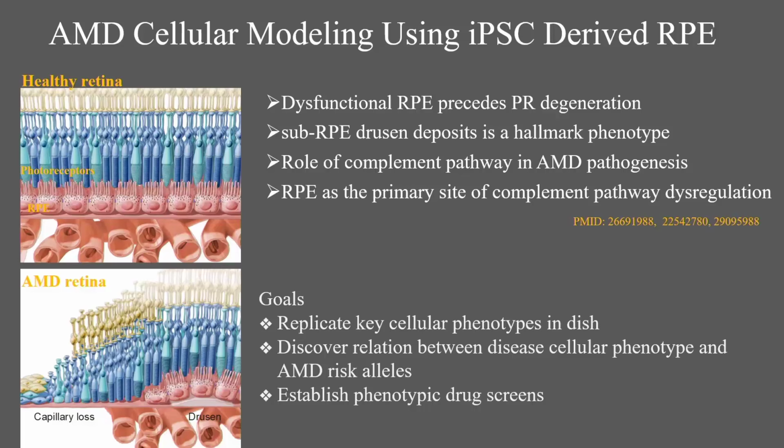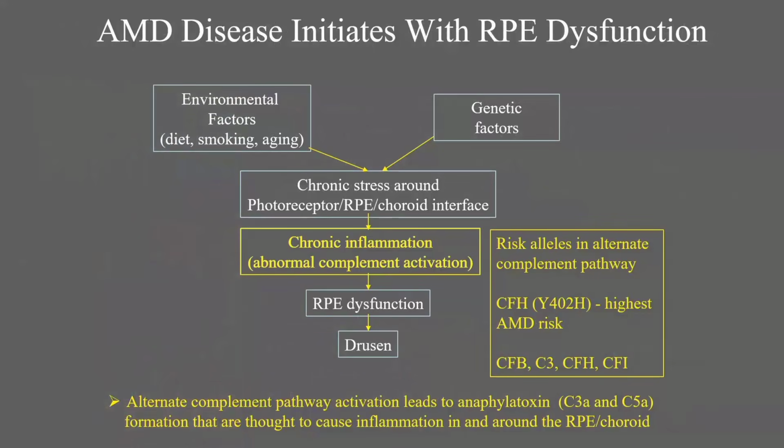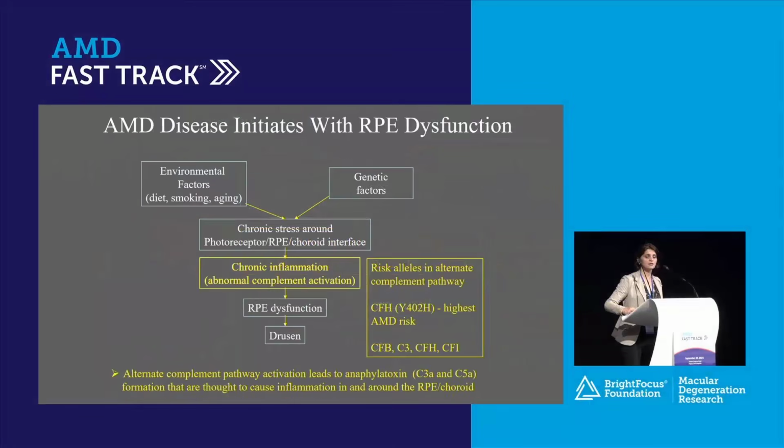And if you have a nice assay set up, you can actually use these assays to do a phenotypic drug screen. So this you have heard already in the morning session. It's a multifactorial disease. Environmental factors have an effect. Genetic factors also contribute. And the complement pathway is dysregulated in macular degeneration. The genetic aspect of AMD, we know that the genes involved in the complement pathway, such as CFH, cause increased pathogenesis of the disease. So we chose to work on this complement pathway, CFH. We got the patient lines and we worked on it, and I'll show you that data later.